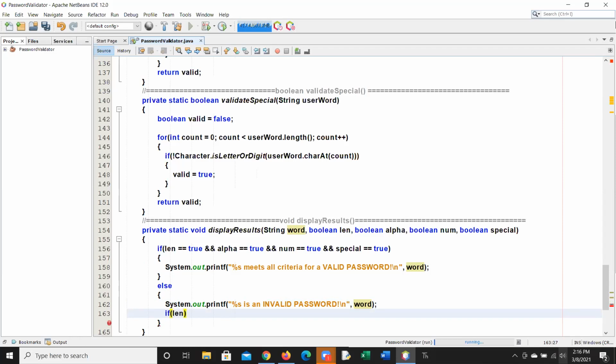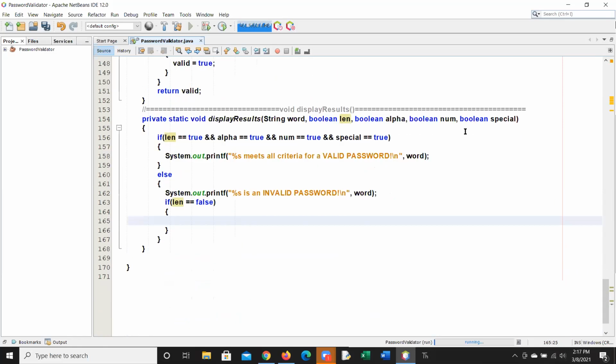I have to do each one of these separate, because I don't want it to find one and then not keep going. So we're going to say this one here is